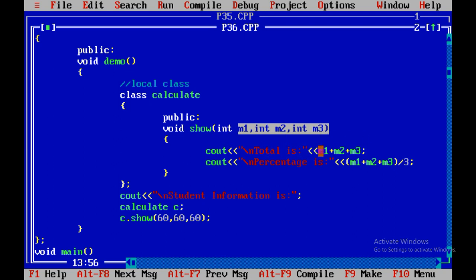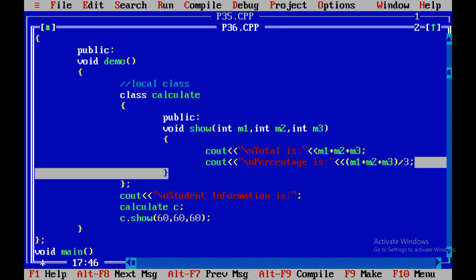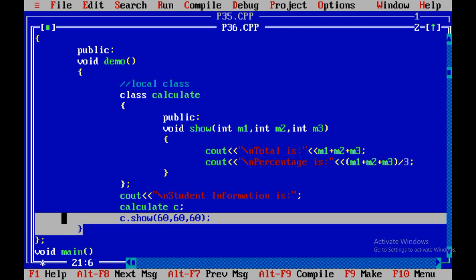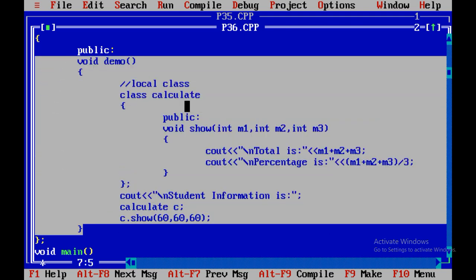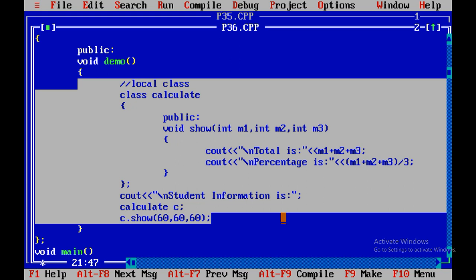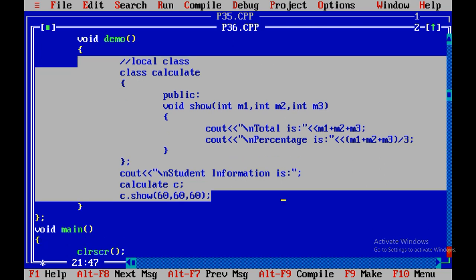Now the total of these three variables is stored and printed on the screen, and then it prints the percentage based on our formula. After completion of the void demo function, whatever code we have written and whatever class we have created is erased from the memory of the computer.